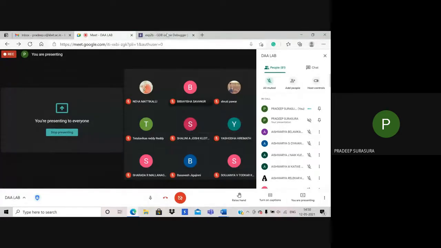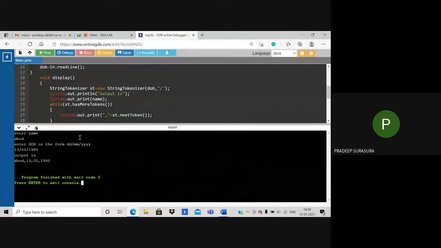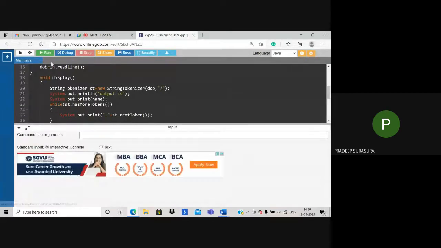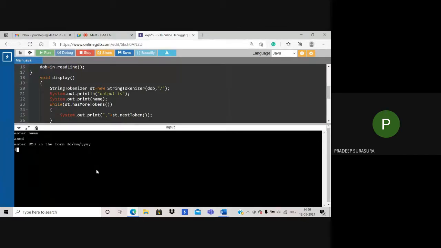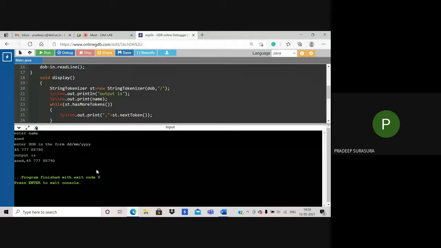Sometimes we may make some mistake. Don't worry about that. The string tokenizer will handle those things. I'm just trying to show you something. Sometimes I may write like this. Can anybody say what I did? Can anybody comment on this?